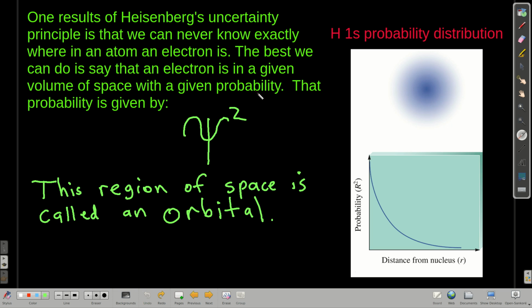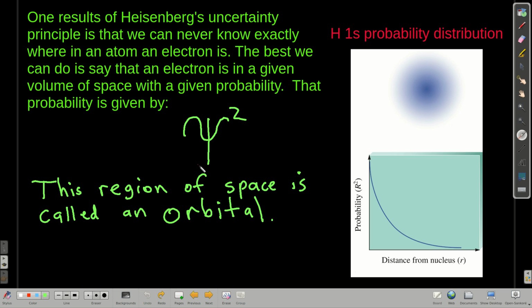And we can define that volume however we like, and we can set the certainty any way we like. 90% probability. The only thing is, if we go to 100% probability, then the only way we can do that is go out to infinity. Watch. So, first of all, the probability of finding an electron in an atom in a given region of space